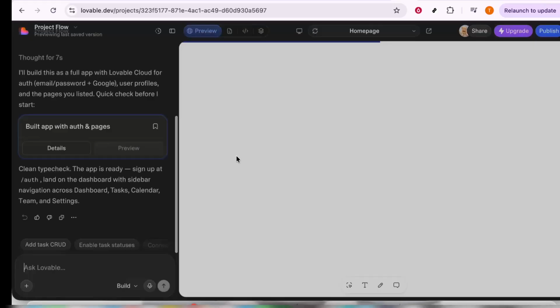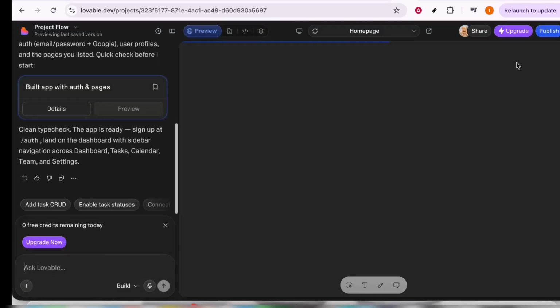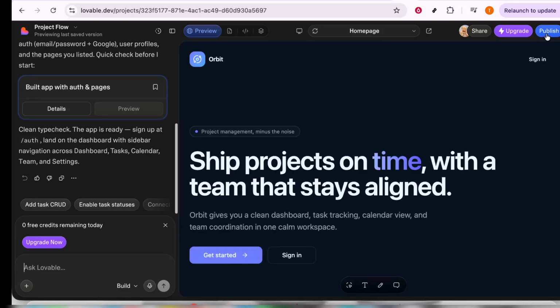a part of. Now that you've got your project list in front of you, the next step is selecting the specific project you want to publish. It's crucial to make sure you choose the correct one, especially if you're handling multiple projects simultaneously. Take a moment to locate your desired project, then give it a click. This brings you into the project's individual workspace where you can look over all the details related to that specific